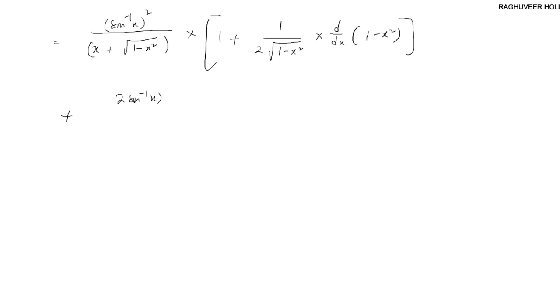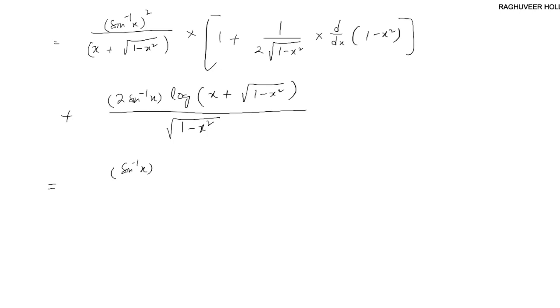Now the next term would be plus 2 sine inverse x, okay, and log of (x plus root 1 minus x square), right? So this whole thing divides by square root of (1 minus x square). Okay,